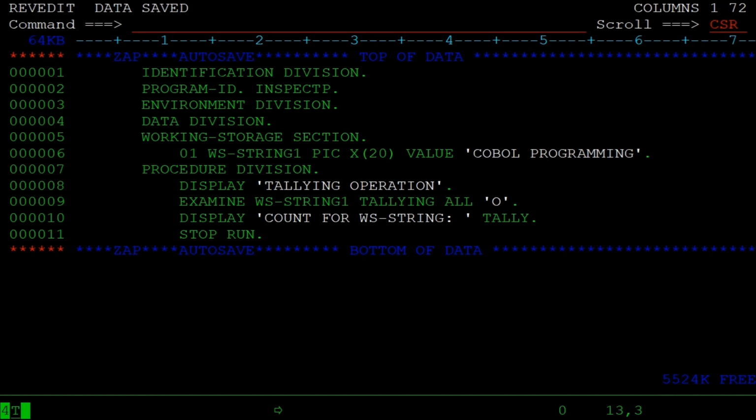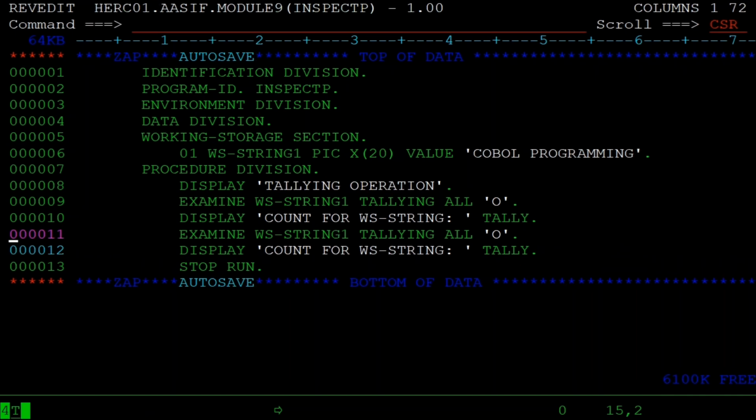Examine WS-STRING1 replacing O by A. That's it. What we are doing is replacing the O characters in this string with A, and we are displaying